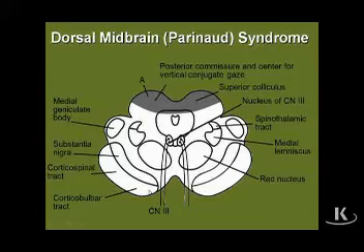And this results in what is known as Parinaud syndrome. And as we indicated earlier, we know that the pineal gland sits directly above the area of the pretectal region and the superior colliculus, such that a patient with Parinaud syndrome is likely to have a disruption or weakness of vertical conjugate gaze, and because of the compression either of the posterior commissure or the pretectal area, have a slightly